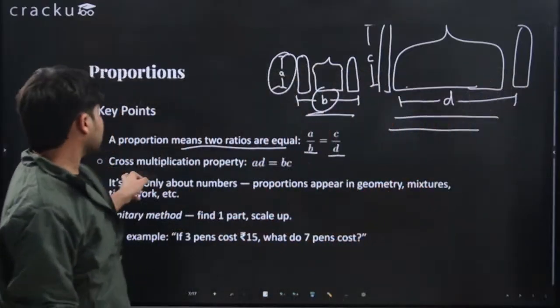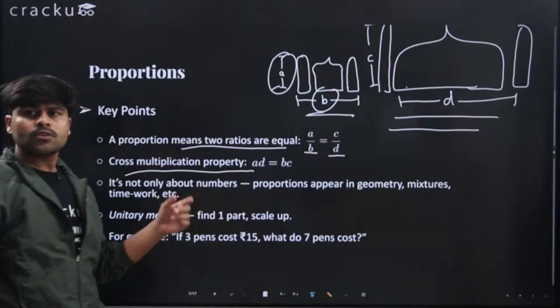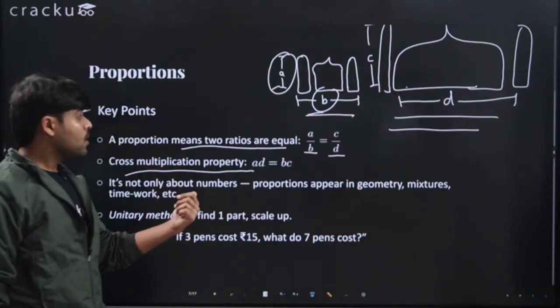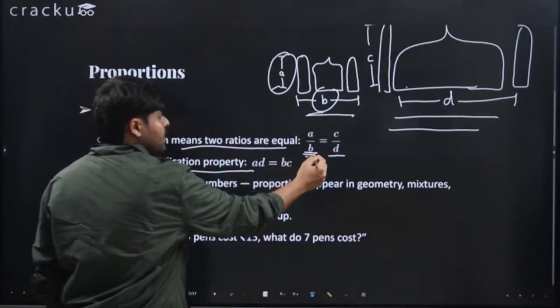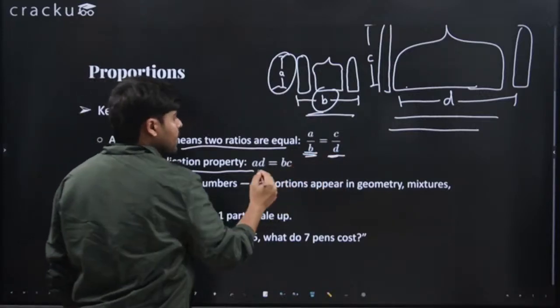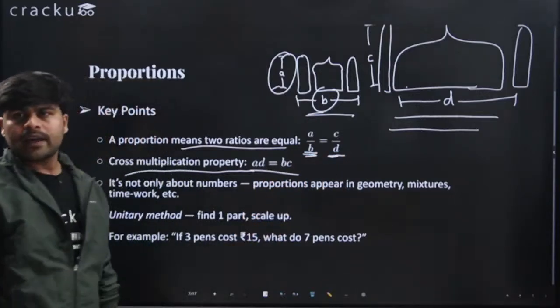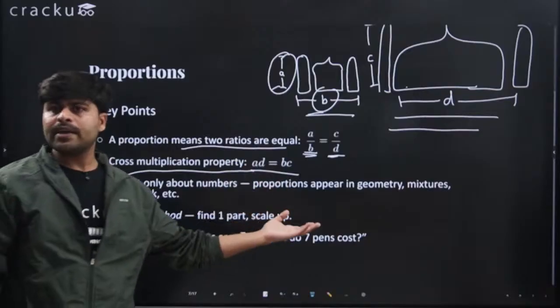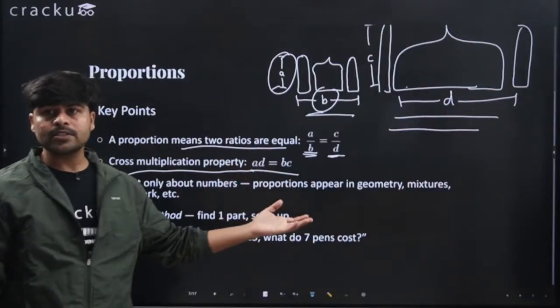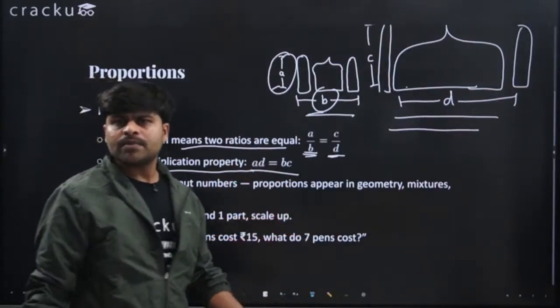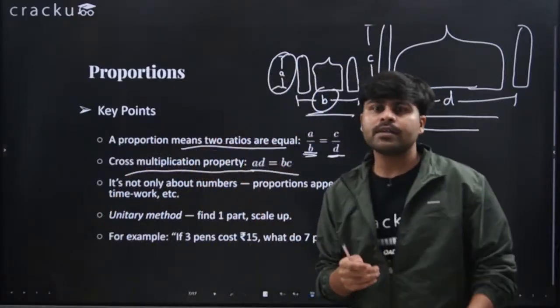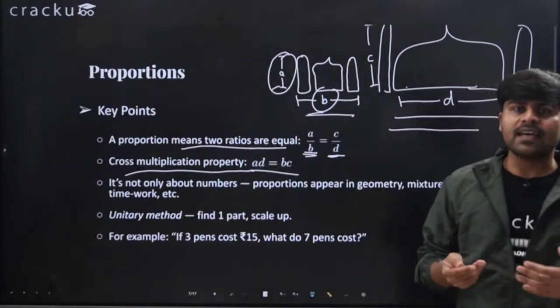Then comes the cross multiplication property. So we can also cross multiply. If we know that A over B is equal to C over D, we can cross multiply to write AD equals BC. Again, a very common trick. It helps in mathematics, it helps in solutions and operations, and it should be something that comes intuitively. It should not be something that you think of as a property.